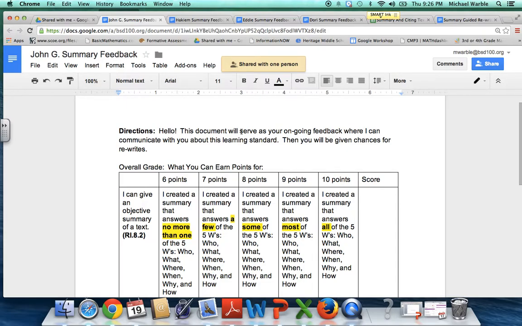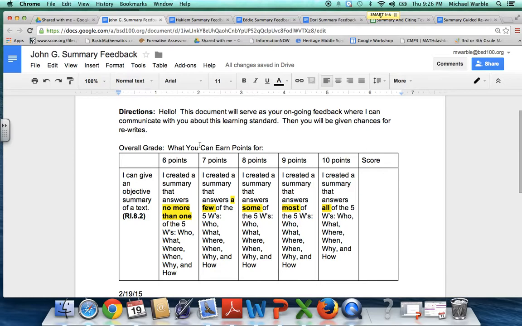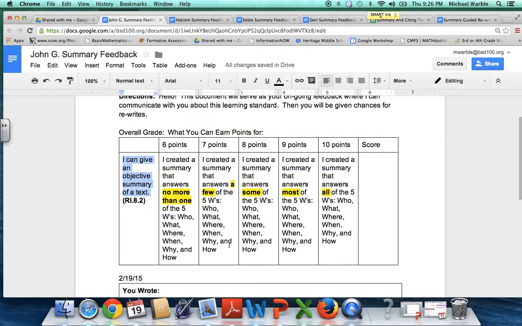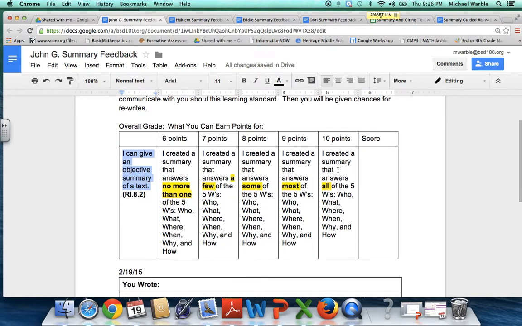Okay, once you have this open, I'll read along with you. This document will serve as your ongoing feedback where I can communicate with you about this learning standard. Then you will be given chances for rewrites. And then this is what you can earn points for. The standard is I can give an objective summary of a text. If you're going to get a perfect 10 out of 10, you're going to say who it's about, what is